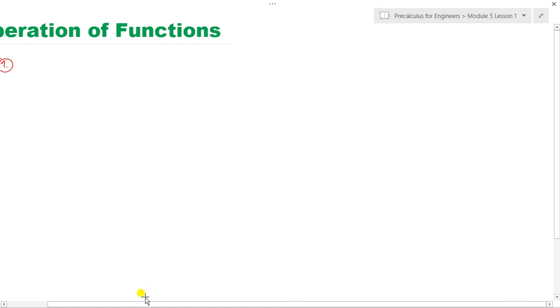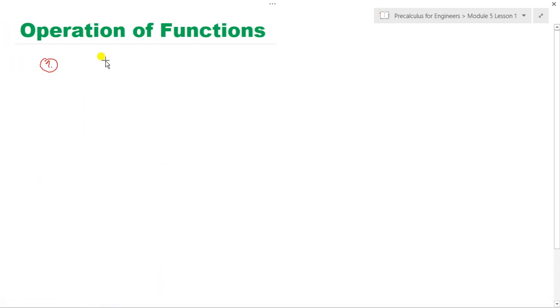Example number 2. Let's say you are given this. So we have here f of x is equal to the square root, so this is a radical expression, square root of x minus 1. Then we have g of x is equal to the square root of 4 minus x. Okay, solve again by using all those